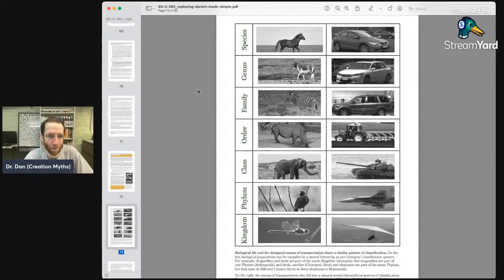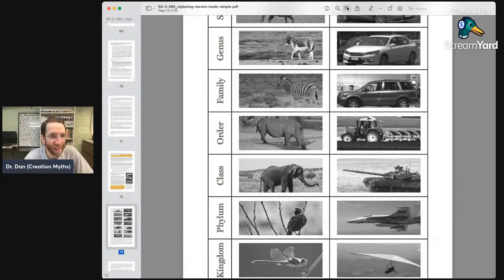Things that humans design don't reproduce. Cars and tractors and tanks and aircraft don't reproduce. You need to reproduce as a prerequisite for evolutionary processes. So this is just silly. This is an extremely superficial amateur hour argument. Like, yes, there are things that are designed that superficially form nested hierarchies. Okay, that's irrelevant for evolution because the things that you designed don't reproduce. They don't have heritability. They don't have kids. Evolutionary processes don't affect them.